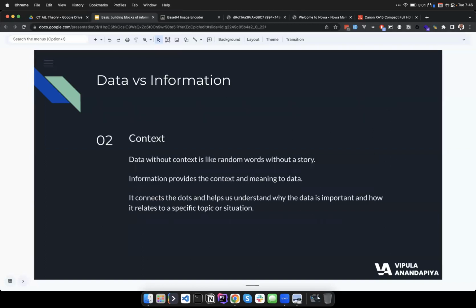Okay, so let's go to the next one. Now we get into the important point where we discuss the context. So I already explained you guys what the context is. So data without context is like random words without a soul. So this is the basic example I taught you guys. Just you need to go with the